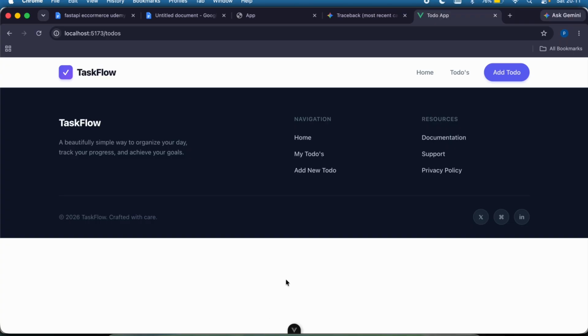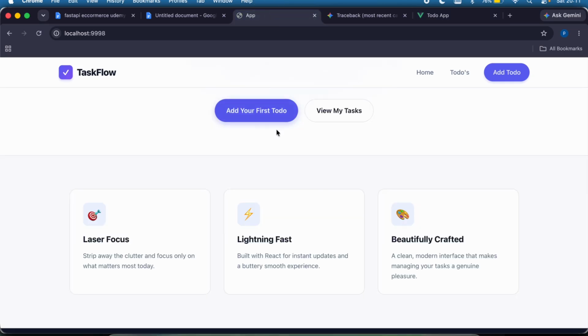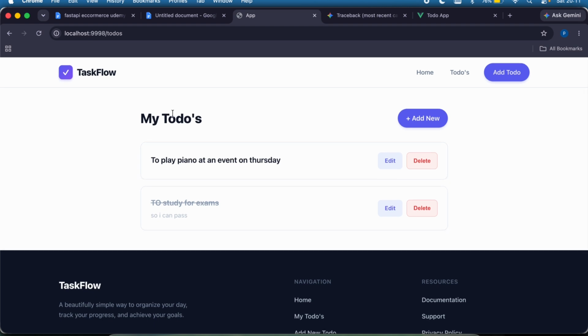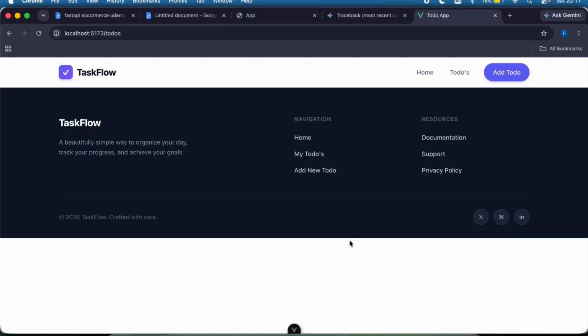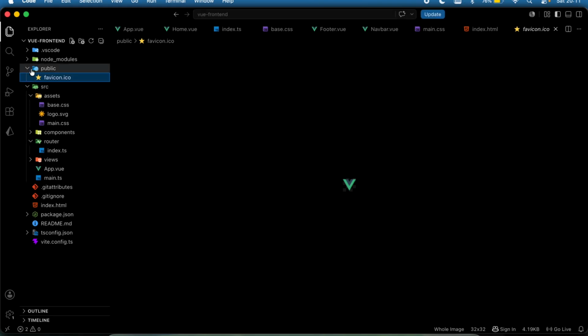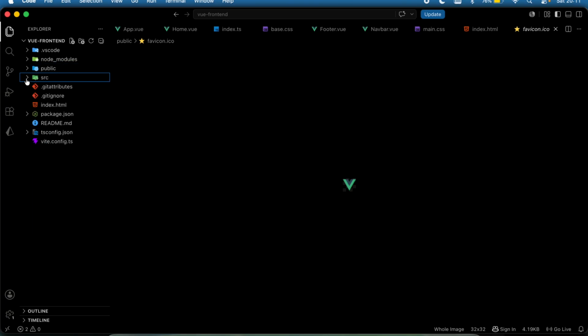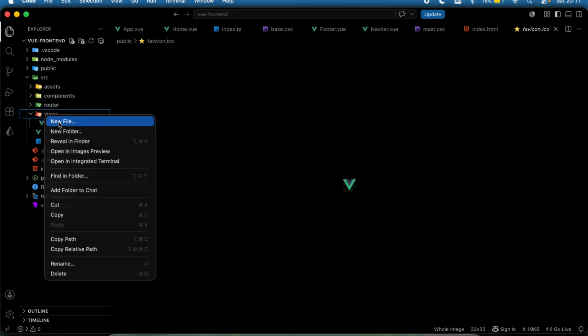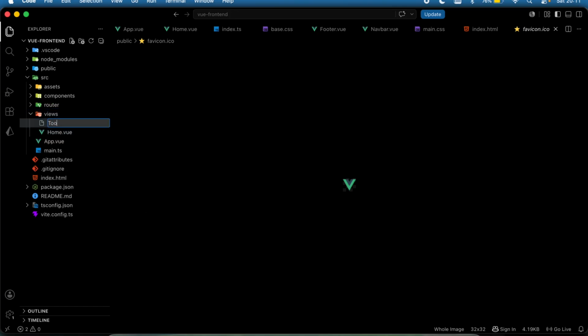Now let's have our Todos page. So I want to do something like this, a page that can display your to-dos, and you're going to be having a button to delete the to-do, and also you have a button to take you to the edit page. So let's have this up and write down my code. I'm going to head on within my src folder to my views, as that is a page. So click on the views, click a new file and call that